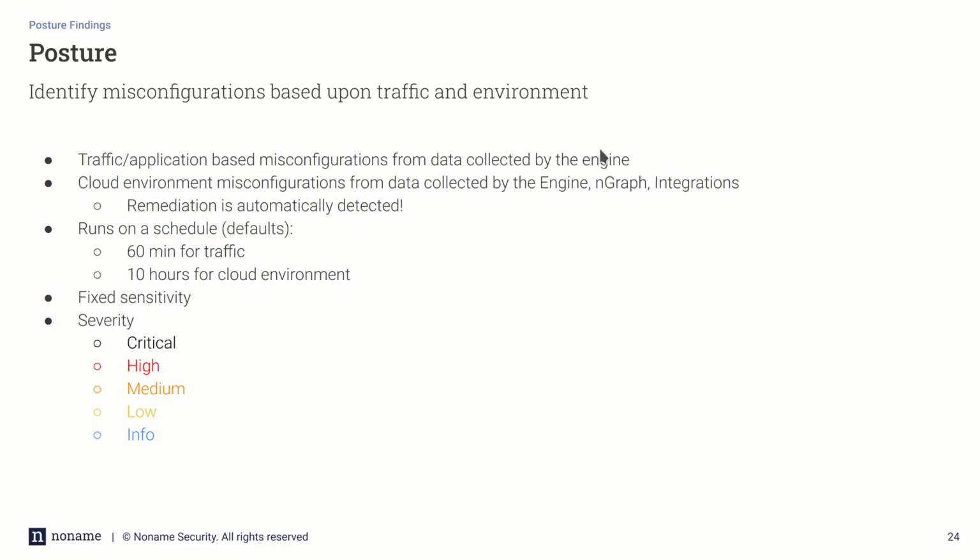So we see traffic, right? We see traffic from the engine, so it's the engine that pretty much is going to tell us whether the JSON Web Token is expired, while still the request is successful in its processing, right? Cloud environment misconfigurations are for data collected by the engine and graph integrations and so on, because integrations give us